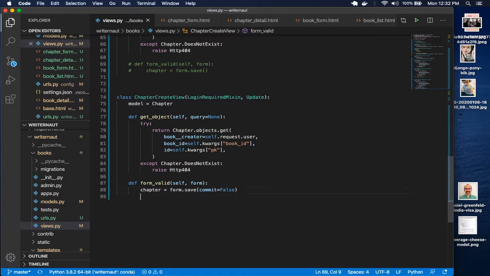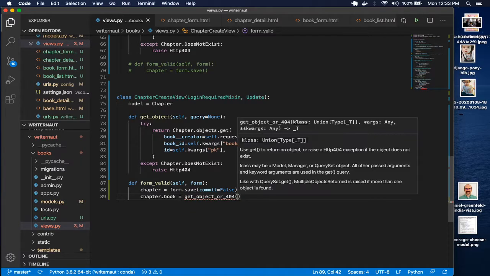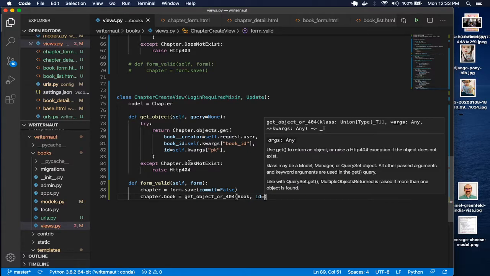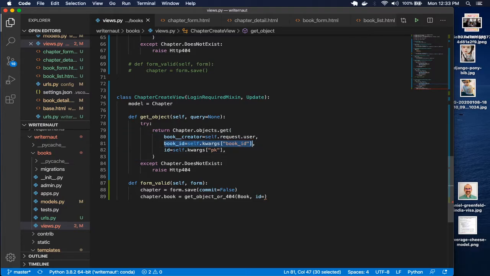So the chapter object is created. And then here we're going to do chapter.book equals, see how we're getting this value right there. So we could do Book.objects, actually, I know what we do, get_object_or_404. So this way, if someone sticks in a fake book ID, it'll blow up on them. So id equals, yeah, so okay, and